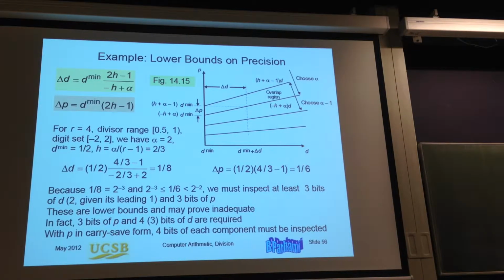Now I have a radix 4. This is a normalized range for D. As you will see later on, when we deal with floating point numbers, this range is changing. In floating point numbers, it is between 1 and 2. That will be a bit later. Now, based on that, you do the calculation, and essentially you obtain that delta D is 1 over 8, and delta B is this, which means,